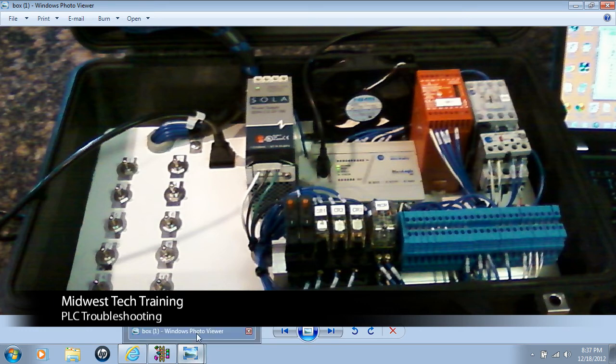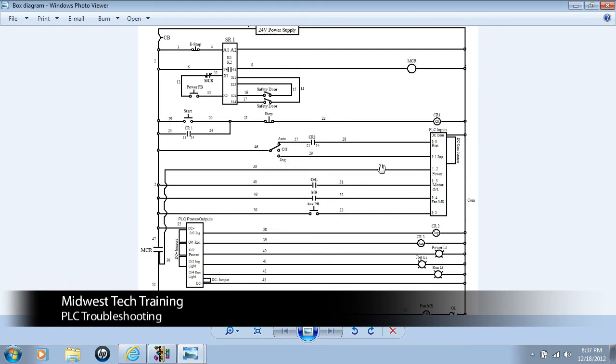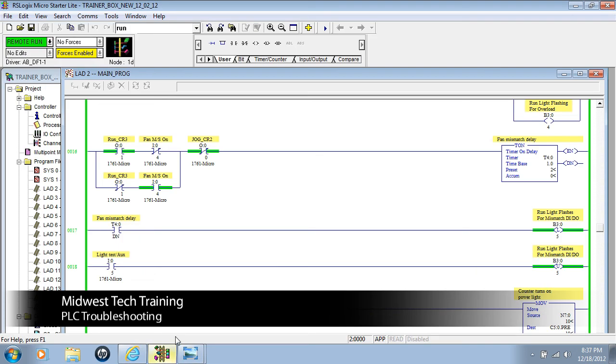And also, we make sure we understand the electrical diagram. And without being able to understand the electrical diagram and understanding controls, you're not going to be able to troubleshoot this effectively out in the field. So that being said, I'll just give you a quick lesson here on how you would program and how you